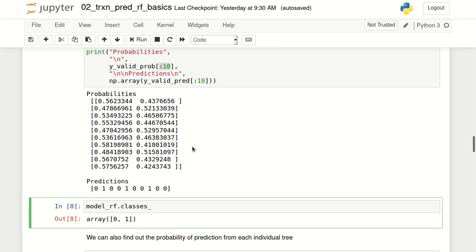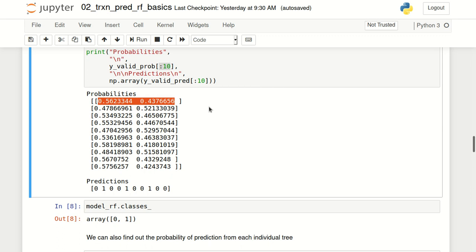What this means is, let's take the first instance of our observation prediction probabilities. The probability of this observation being a 0 is 0.56 and being 1 is 0.43. That is why, when we compare it with the predictions that we are getting from the random forest predict function, we see that for the first observation it is providing 0. I have called these two functions: first I am printing out probabilities and then I am predicting the actual predicted values. So you can see for the first one it is 0. For the second one, the probability is higher for 1, and that is why it is being assigned 1.